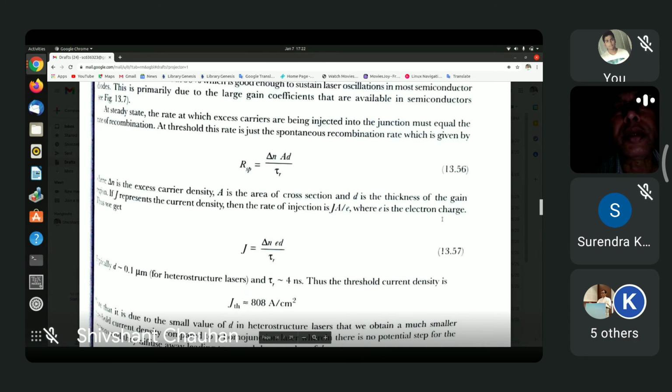So that means you have the current per unit area. The current per unit area is to be equal to delta N into E into D by tau R,